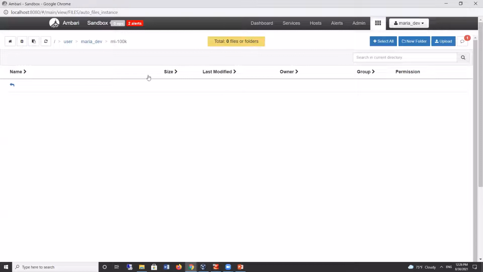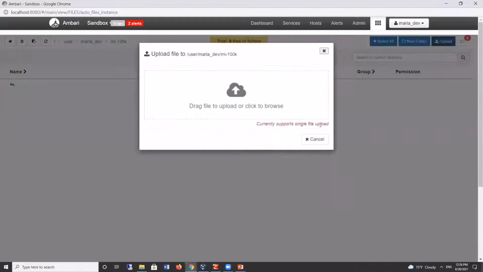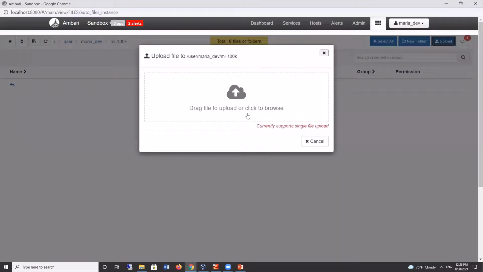Okay, after getting into the folder that I just created, which is under users, Marriott_DV, go to Upload and press on it. I think you're familiar with this kind of thing. You can either click on browse